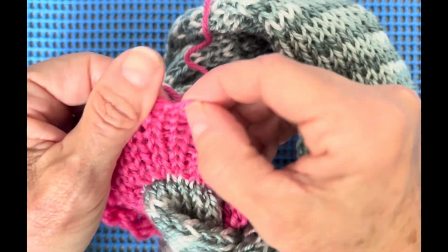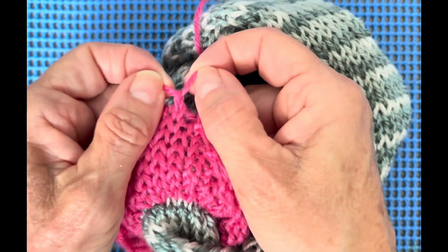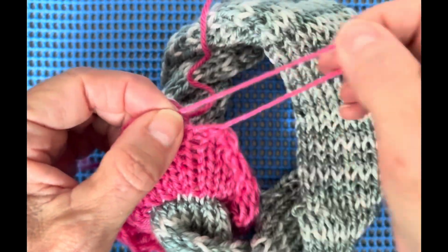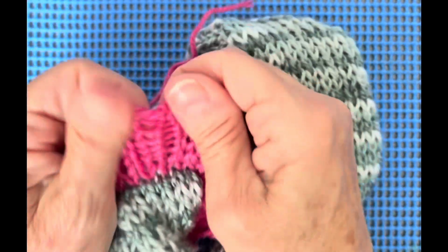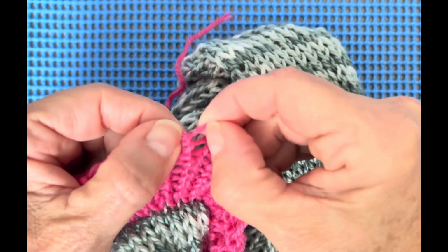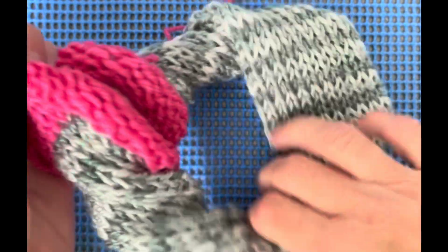I'm going to roll that up so that I have the very top row. You see that loop that's over that yarn? I know that's the top row. Pinch the stitch, pull that out. Go around a little farther, roll it all the way up, pinch the stitch, pull that first row out. This is all twisted, but...